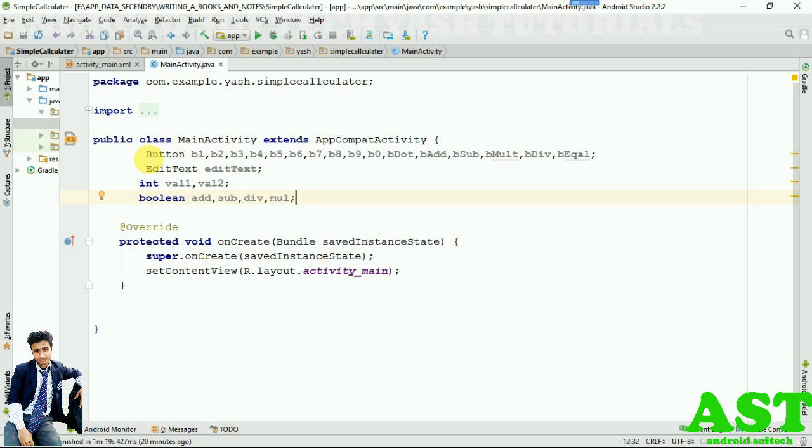Sorry for that. Okay guys, so now boolean add and sub and divide division and multiplication. Now we have taken 4 boolean objects, and now we will initialize these objects in the onCreate method. So for that, first I will initialize button 1. I will call the button 1 object. Button 1 is equal to type cast into Button,